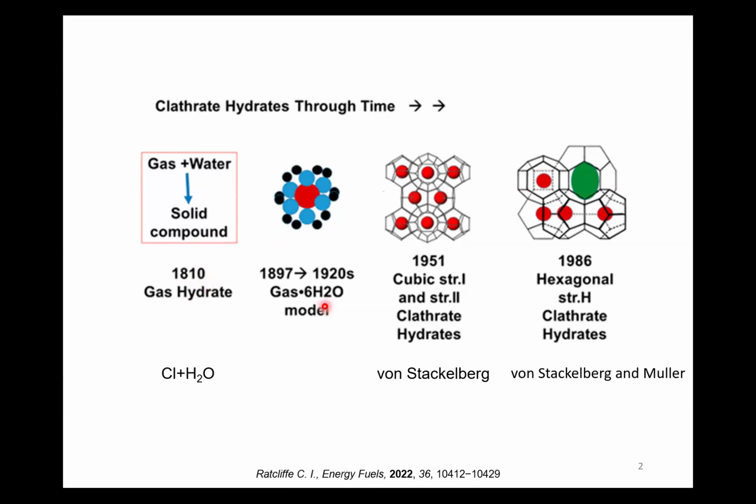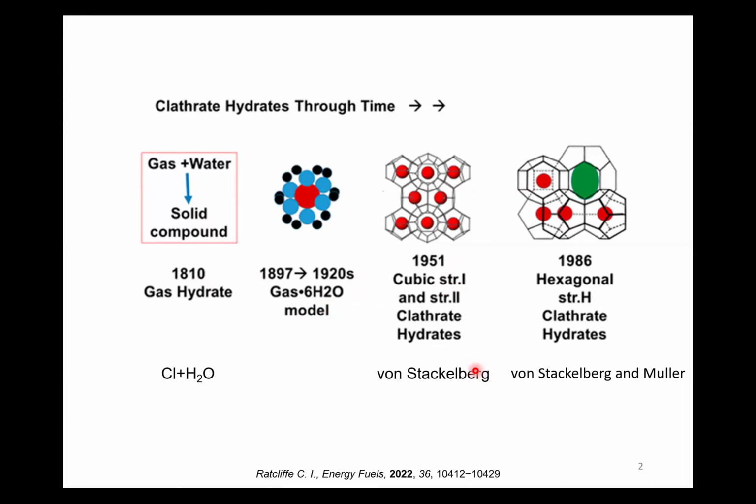Later, in the decades from 1897 to 1920, people created different kinds of gas hydrates like hydrocarbons, halogens, and different organic molecules. And the composition suggested at that time was gas to 6 water. After 1912, when X-ray diffraction was developed by Bragg and Laue, they diffracted various different crystals. During that time, after like 1951,